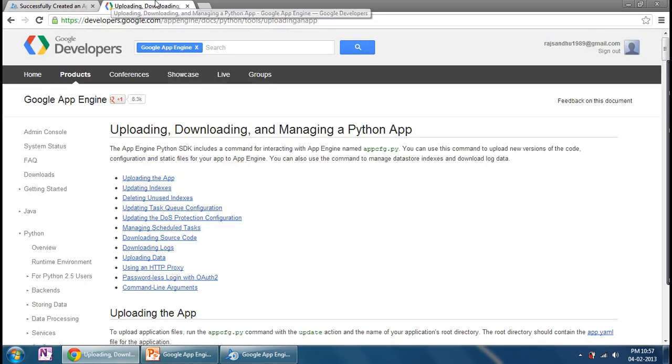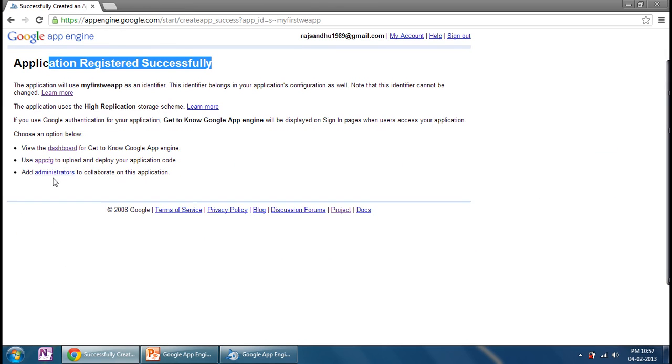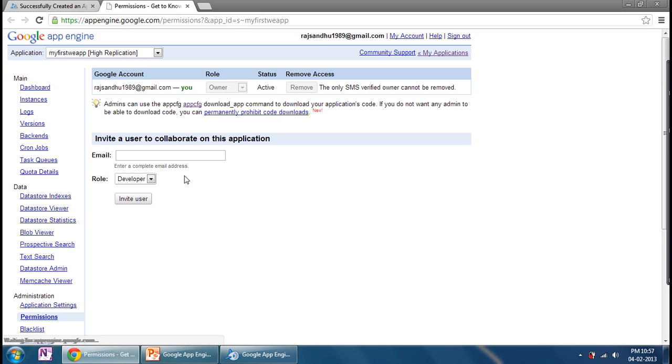I will tell you, no need to worry. Third is administration, to collaborate on these applications. Different people can collaborate together and create a new web app in Google App Engine. Provide the email of the user and the role, whether owner, viewer, or developer, and you can share your web application with different users.